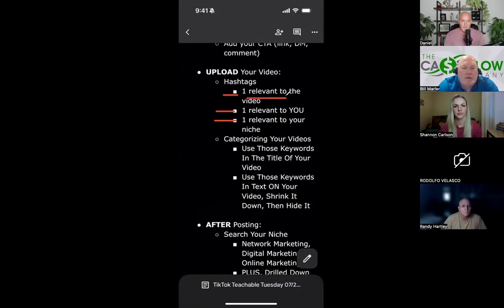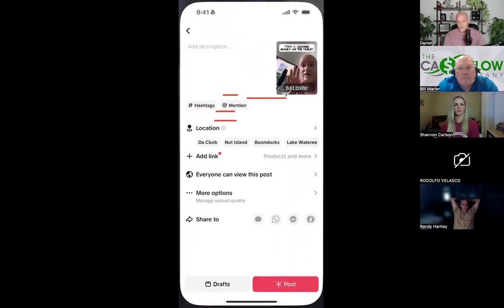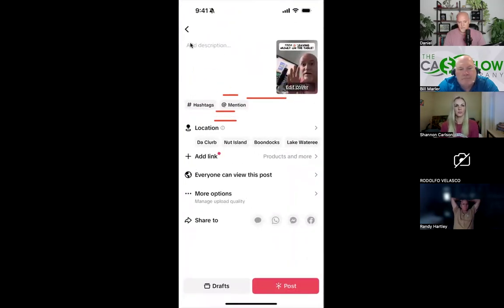Relevant to the video could be leaving money on the table, saving more money on your taxes, owing money on your taxes, how to avoid high taxes, any of that sort of stuff. Okay. So when we come back over here, we're going to be looking for some hashtags. Now, other things that you can do, when we're looking at this area right here